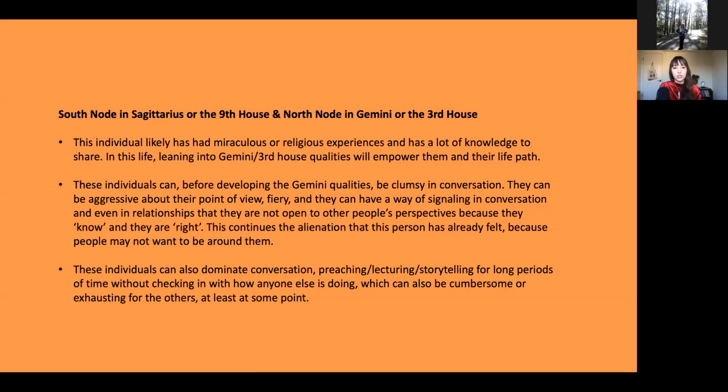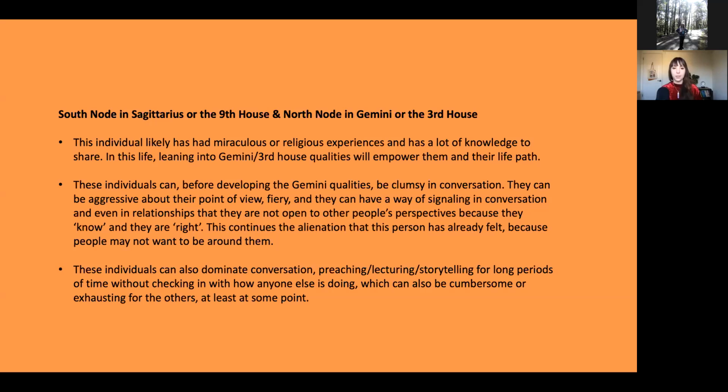And this individual has likely had miraculous or religious experiences and has a lot of knowledge to share. But in this life, leaning into Gemini and third house qualities will empower them in their life path. And the reason for this is because these individuals can, before developing the Gemini qualities, be kind of clumsy in conversation. They can be aggressive about their point of view, super fiery, and they can have this way of signaling in conversations and even in relationships that they're really not open to other people's perspectives because they themselves know